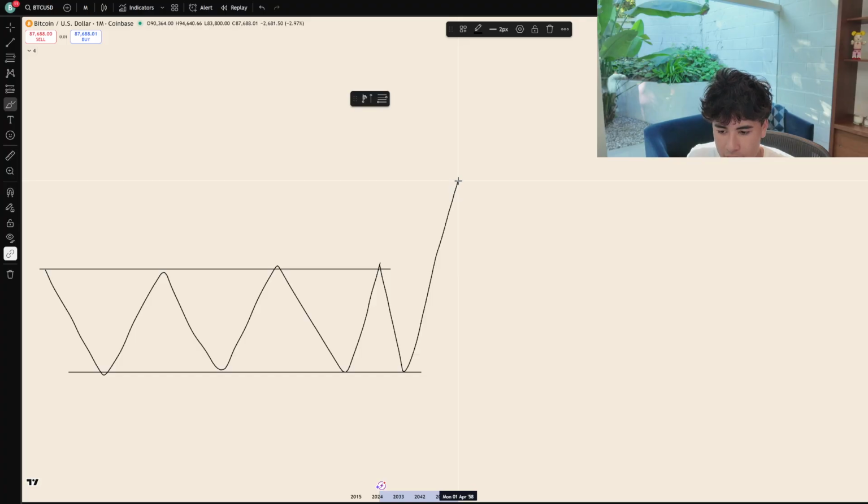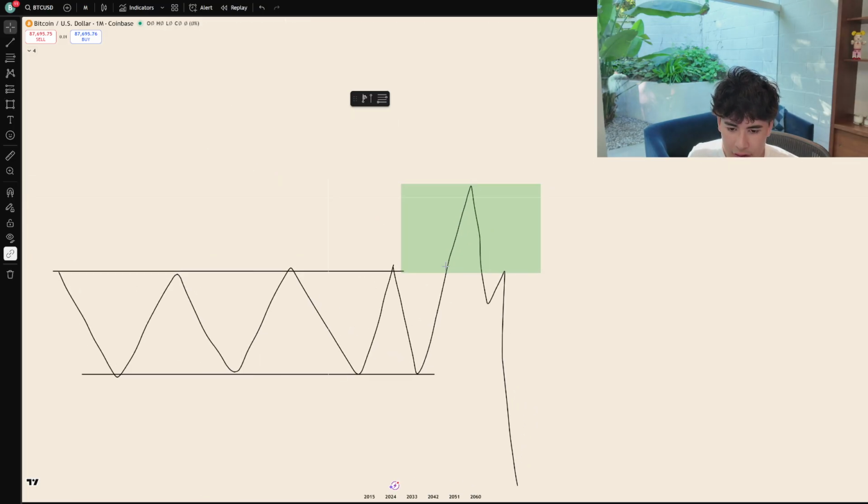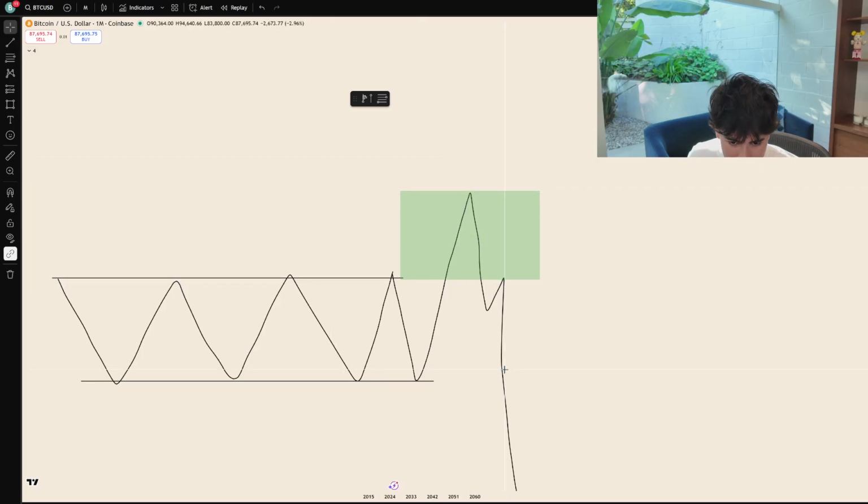We come up here, sweep out all of the highs, violent move back within the range highs, and then the real move to the downside. So this is going to be our deviation. What is our deviation? So we came above a key level and then we sharply had an impulse back down